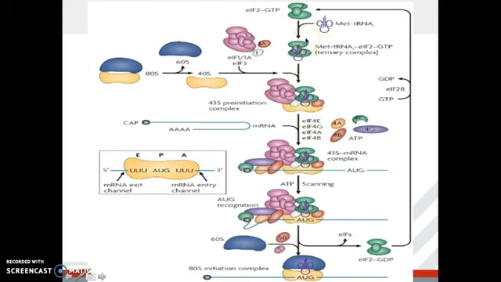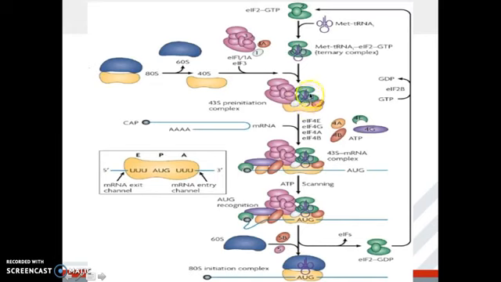Next, now that we have the ternary complex, we also have the 40S with eIF1, 1A and eIF3, and these two complexes will now combine together to form the 43S pre-initiation complex. Let's have a look at how it looks. This is the eIF3, and we have 1 here, 1A here, and 2 here with the